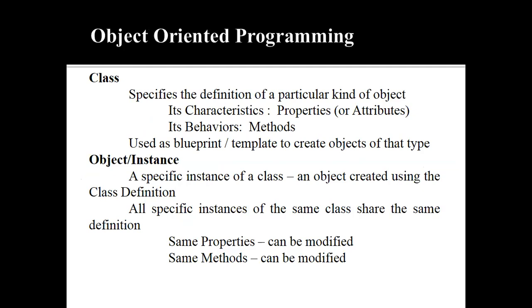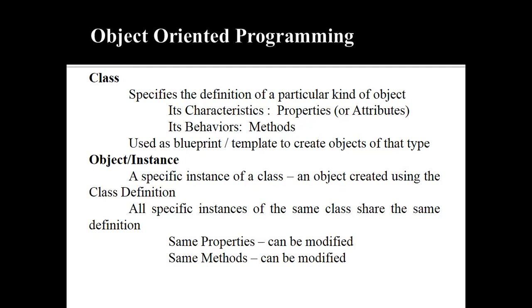A class specifies the definition of a particular kind of object. Similar kinds of objects will be in one class. Like if you are in your class, you are 20 students, so each student is actually an object, and in total these 20 students are actually the class. Its characters, properties, or attributes are similar, and its behavior too, so it is used as a blueprint template